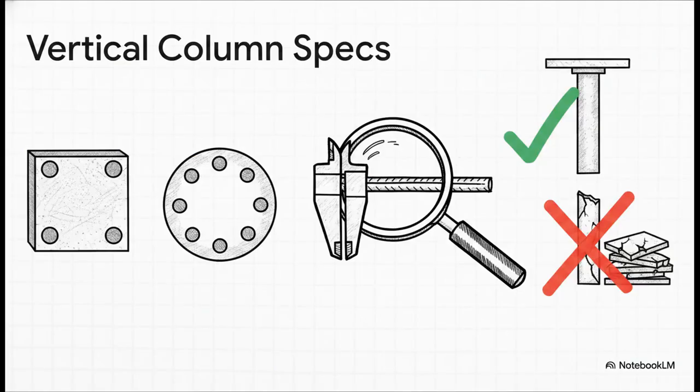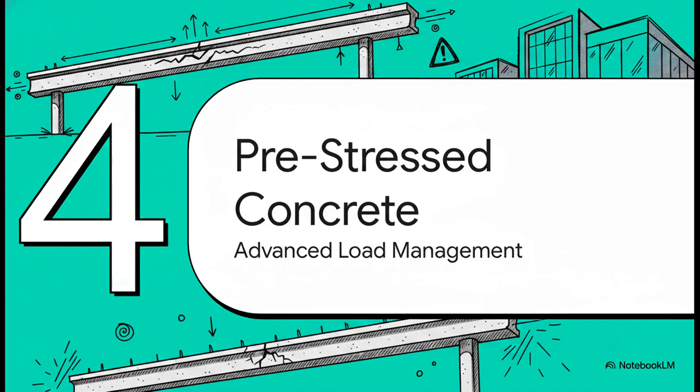Similarly, when your internal teams or third-party auditors are out there inspecting vertical load-bearing elements on your site, they have rigid, non-negotiable geometric rules to verify. We're talking a minimum of 4 longitudinal bars for rectangular columns, 6 for circular, minimum 12mm bar diameters, and strict slenderness ratios for short columns. There is zero gray area here. If these specs are missed, the vertical load path of your building is fundamentally compromised, dramatically increasing the risk of a pancake collapse.